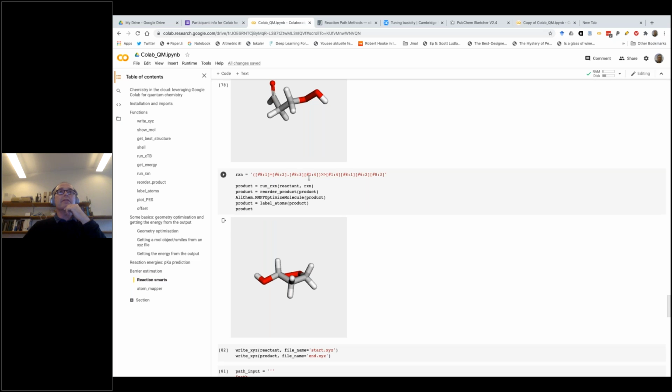Again, one, it's very easy to generate products from reactants. So it doesn't just have to be a simple protonation. It can be something actually quite complicated with this reactions file. And